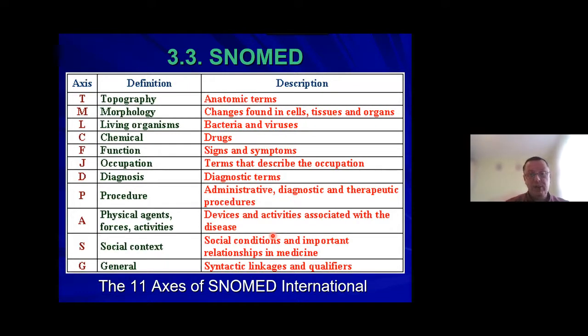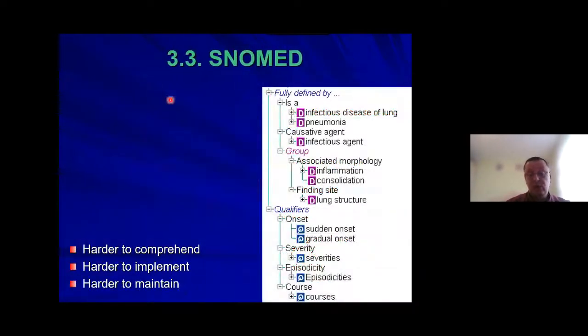And here is a list of only the axes. Under each one of these axes, we have a comprehensive separate classification system, with even different principles of classification. And here is an example